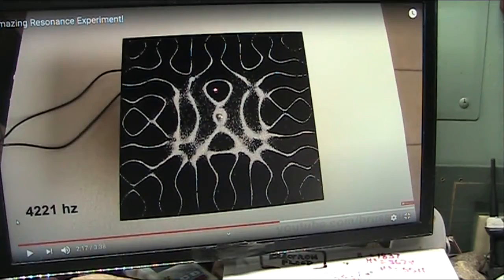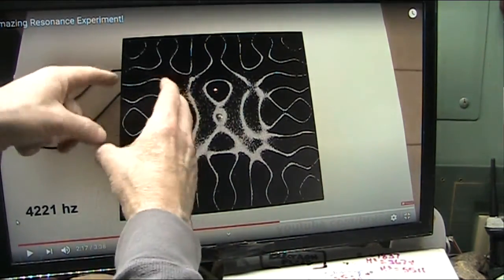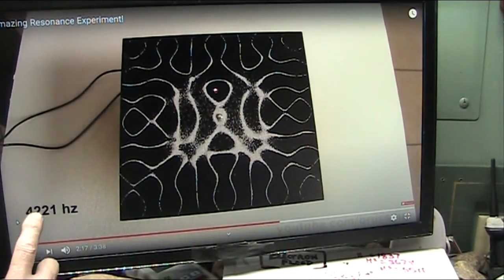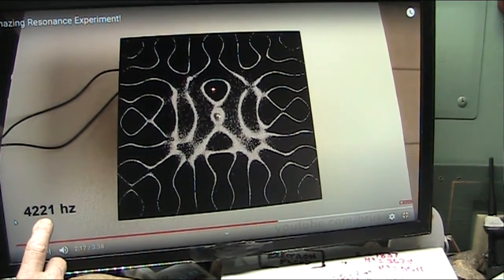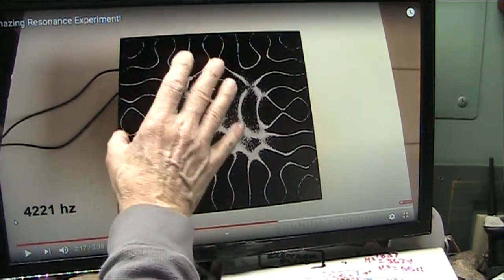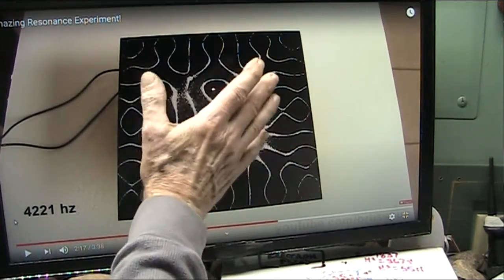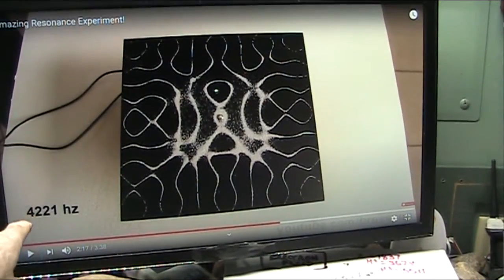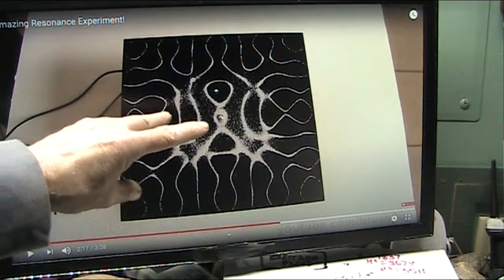Now, what does that tell me? That tells me that we have regions and zones of energy that are here only because of the frequency that they are pulsating into this right now. That's the only reason this exists in that pattern like that. If it was at 4,000, you would have a different looking pattern that wouldn't be locked in.